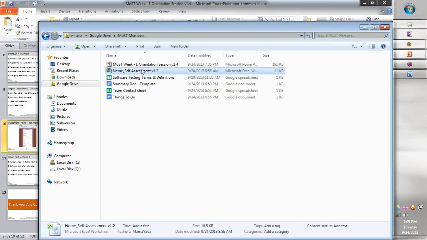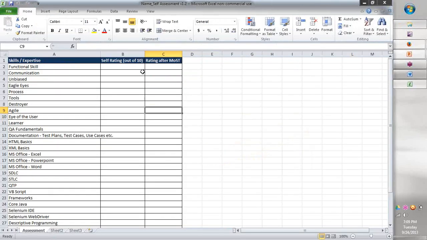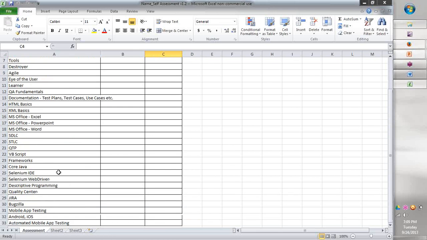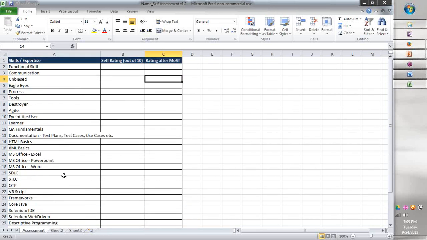Now, one of the other things that we're trying to do is being able to assess self-assessment, because I have no way to be able to assess you right now. But I started filling this column on various aspects that we believe that you need to learn at the end of it. Is it only 32 overall? No, it will have many more sections that will come to it. But I want you to be able to do a self-assessment right away.